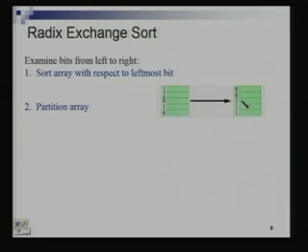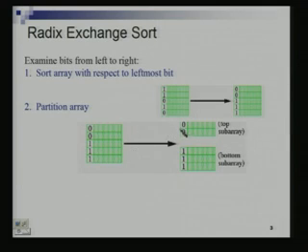And now we partition this array. This set of numbers is not yet sorted, but if I divide it into two parts, the top subarray and the bottom subarray, I am going to sort this top subarray independently of the bottom subarray. So, what do I mean by sort the top subarray?